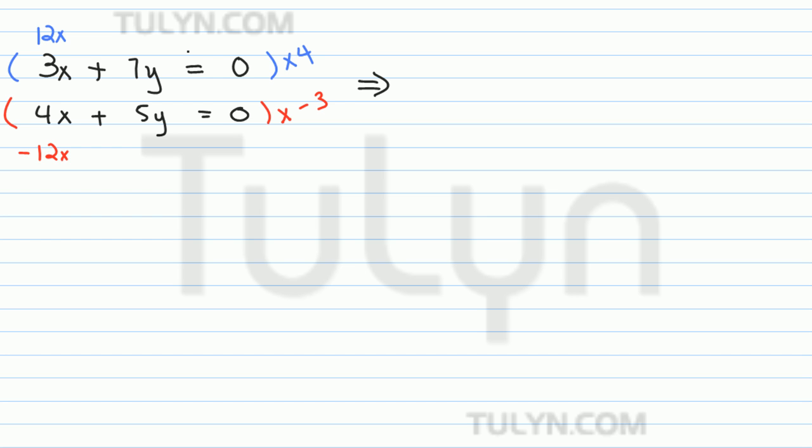So let's multiply the top equation by positive 4. So we're going to get 12x plus 28y is equal to 0, because remember, 0 times any number is always 0. And then in the second equation, let's multiply by -3, so we get minus 12x minus 15y is equal to 0. Now, when we add them together,